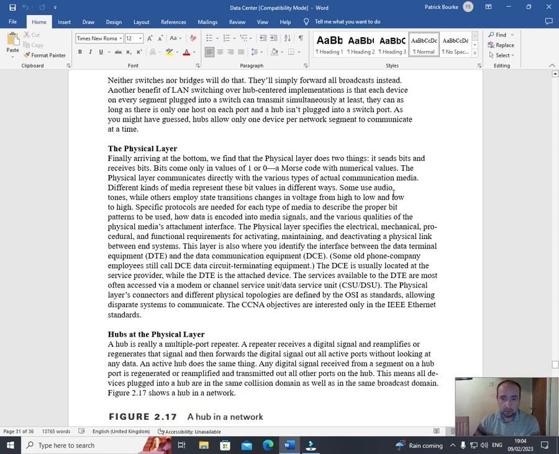Some use audio tones, while others employ state transition changes in voltage from high to low and low to high. Specific protocols are needed for each type of media to describe the proper bit patterns to be used, how data is encoded into media signals, and the various qualities of the physical media's attachment interface. The physical layer specifies the electrical, mechanical, procedural and functional requirements for activating, maintaining and deactivating a physical link